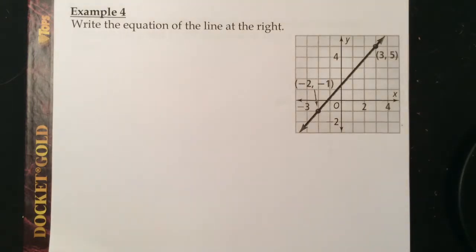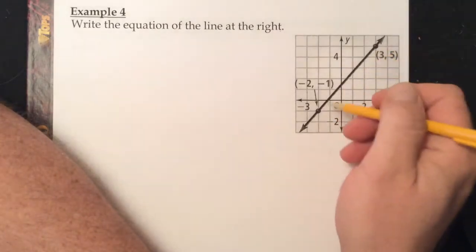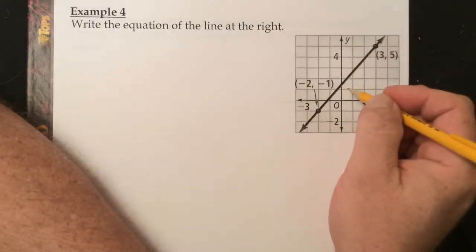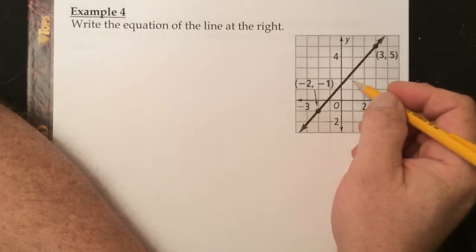Example 4. In example 4, you learn to write the equation of a line given the graph of that line. Now be careful with graphs of lines. Many times we can approximate or estimate the equation of a line just looking at it, but if you want to make sure it's accurate, you need to use your mathematical skills that you've learned about writing